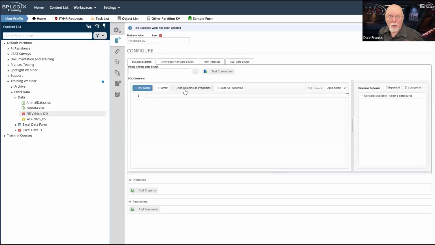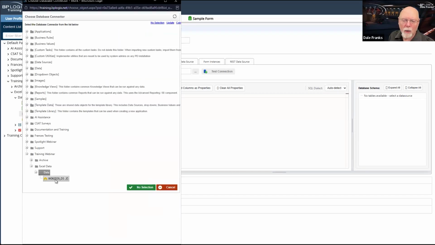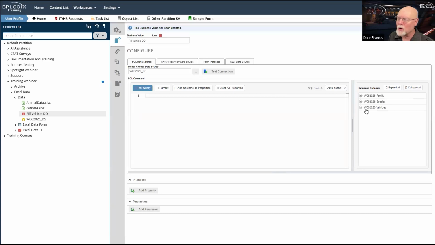Now, of course, we have imported all this stuff into SQL, so we're obviously going to use a SQL data source. This is our data source that we're going to use. The reason why I limited that data source to just those 3 tables is that only these 3 tables will appear here, which is going to make my life a little easier. I don't have to worry about the thousands of tables that I have stored. So we're only going to be working with these 3 tables today, so this is all I need to worry about. So now I have to create my SQL statement, and it's a lot easier with the Monaco editor.